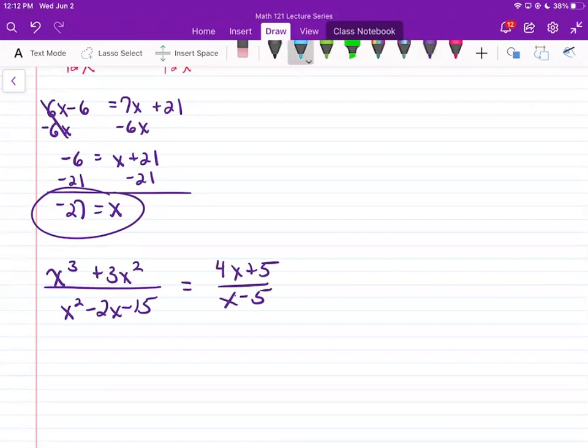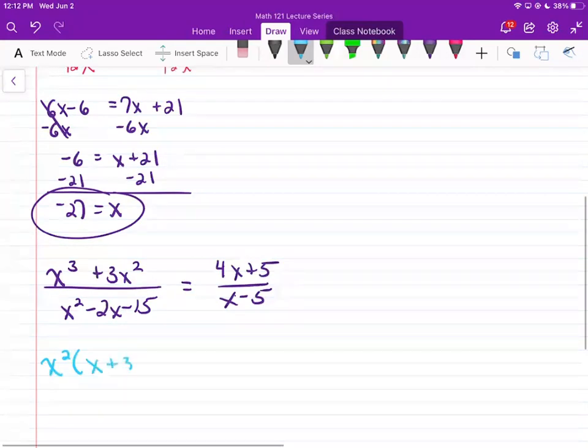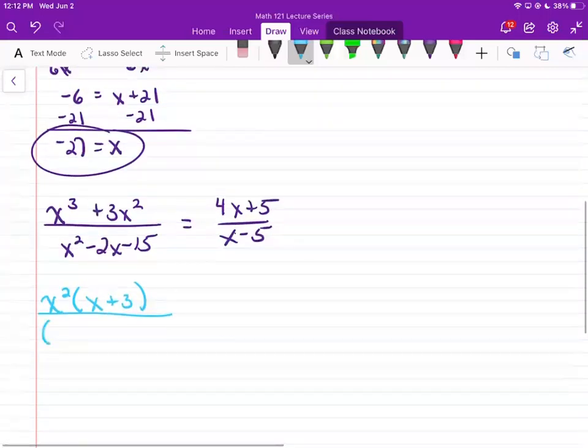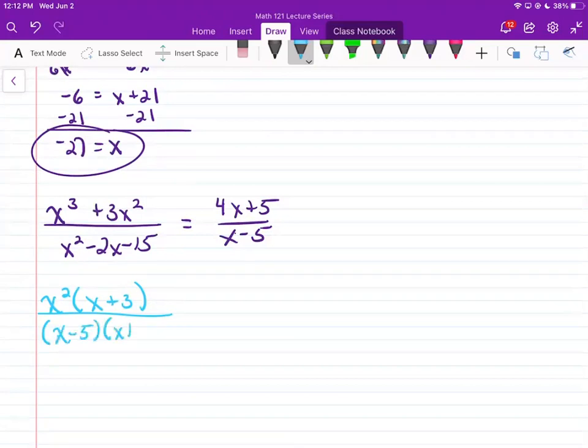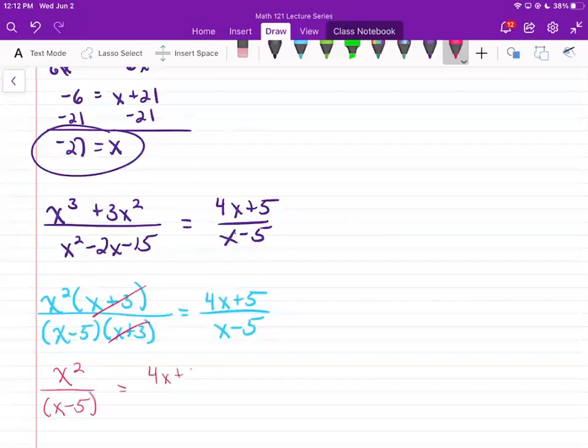Looking at the top left, we can pull out an x squared, leaving us with x plus 3. And on the bottom, we can use our AC method, which you can go back and review in previous videos, to get x minus 5 times x plus 3. The right side is already factored, so we leave it as 4x plus 5 over x minus 5. Notice our x plus 3's cancel, simplifying our equation to x squared over x minus 5 equals 4x plus 5